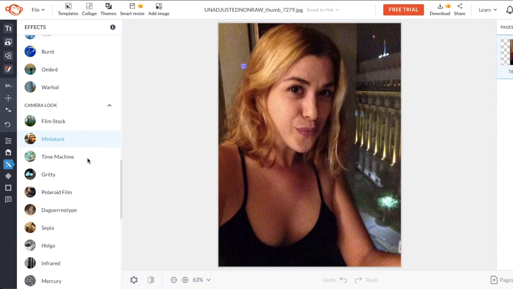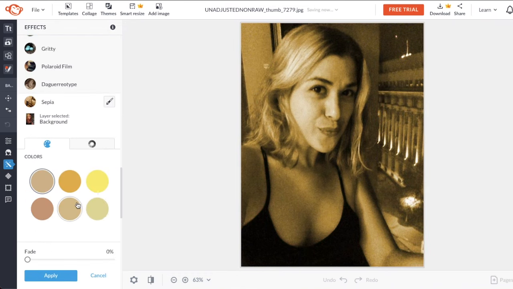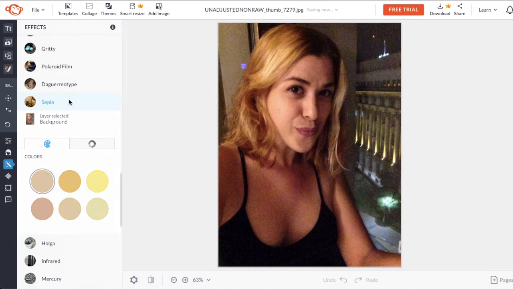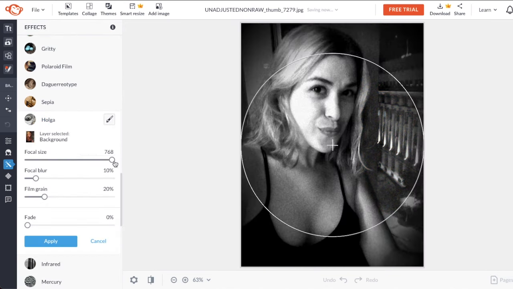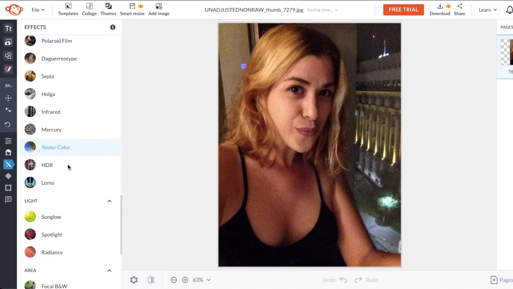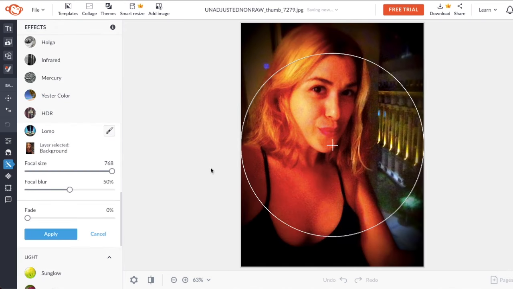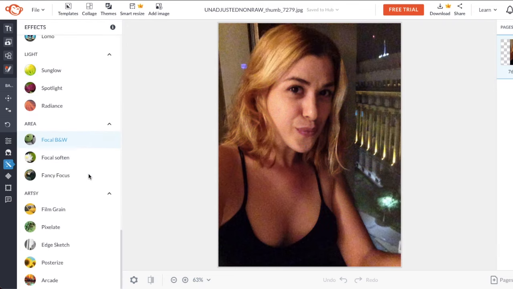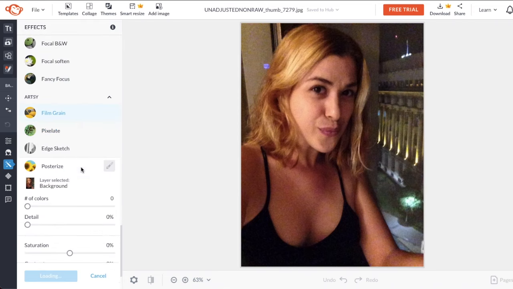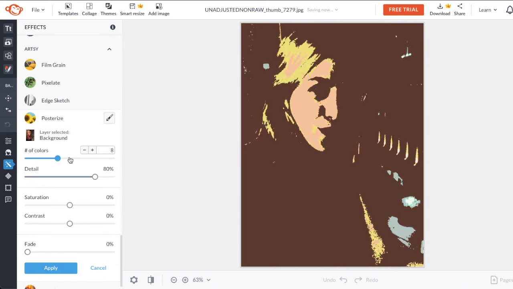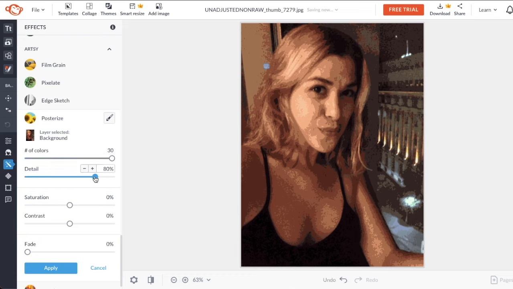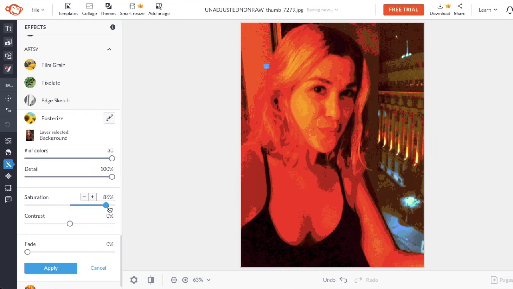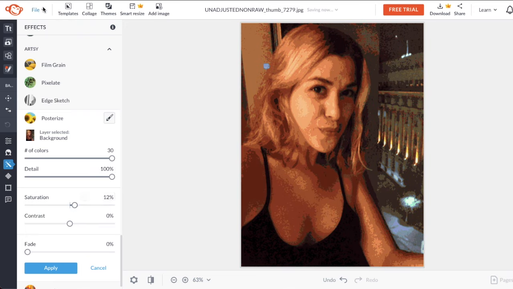We have here all kinds of effects you can do with the camera, like make it sepia, or create this cute little effect. But what I'm really interested in is either Luma, which dramatically changes the color scheme of a photo, or the posterized. Because the posterized basically turns it into this cartoon poster, which I can work on the details and sort of make it a digital painting, which in this case doesn't look good with a photo of me, but I do remember having a different kind of photo here